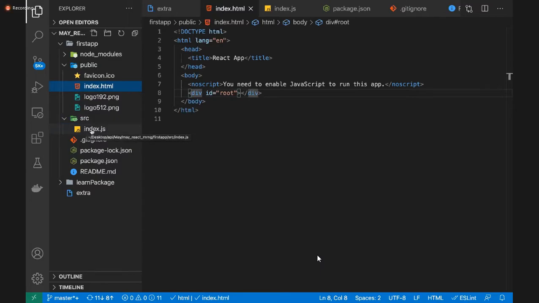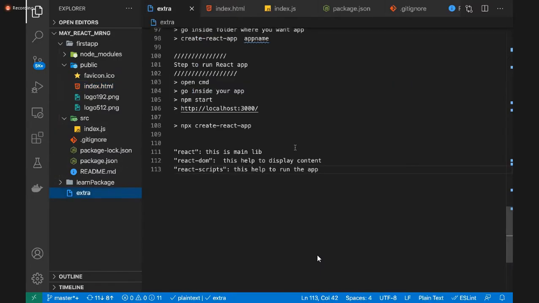So we cannot change the names of these two files. Why? Because the React script that you have is a compiler script. So this script always looks for these two files, guys. Earlier days, we had to do a lot of work, like something called Webpack, Babel.